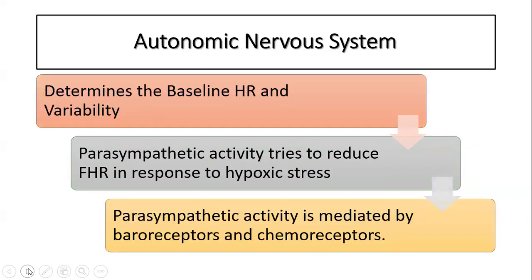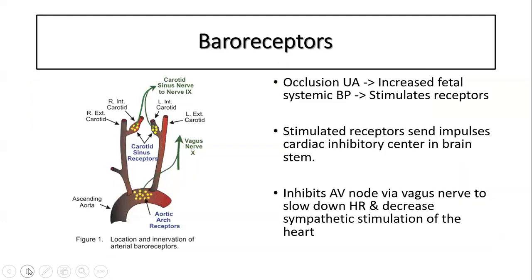Again, the autonomic nervous system controls the baseline heart rate and the variability, and the parasympathetic nervous system, working through baroreceptors, can slow down the heart rate in response to a stress. The baroreceptors are located around the aortic arch and the carotid sinus. And what happens is that when there's any occlusion or an increase in the blood pressure of the baby,